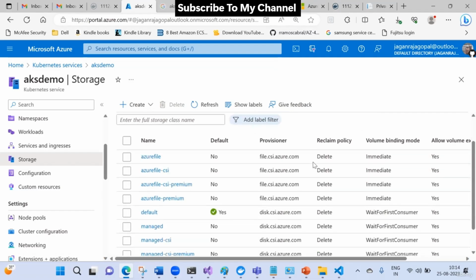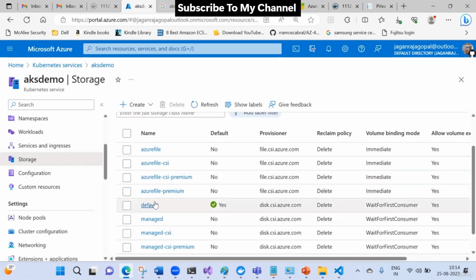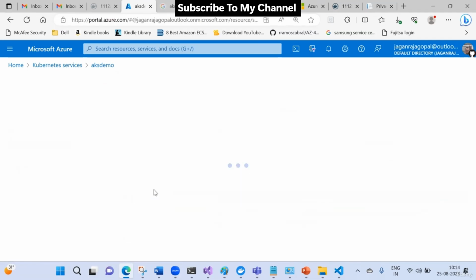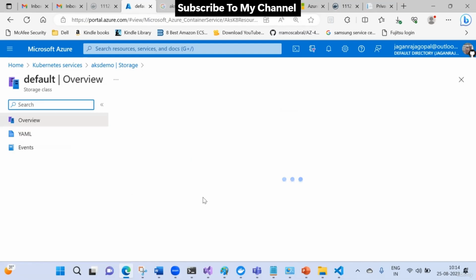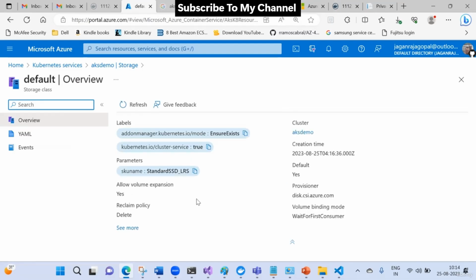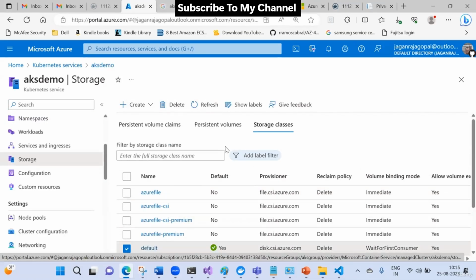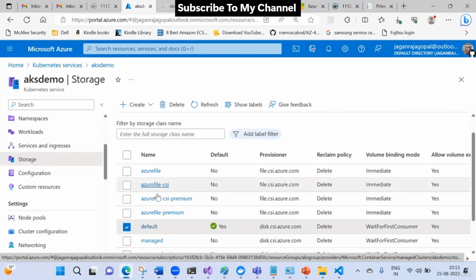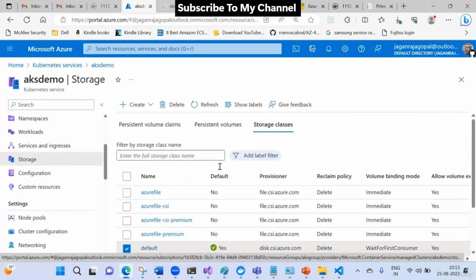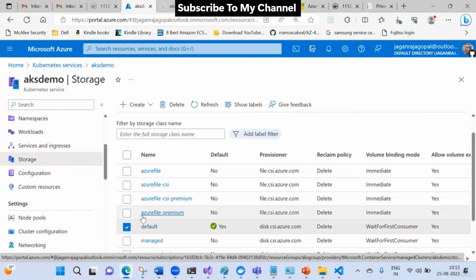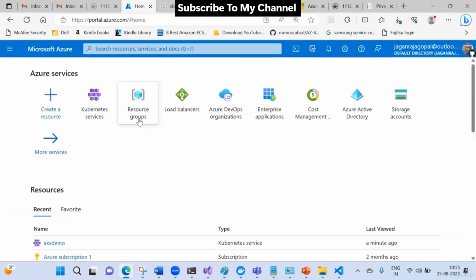you see here, these are the storage classes, and we have used the default storage class. Whenever you create anything in Kubernetes, a managed storage class will be created as a default. And if you go to the resource group,